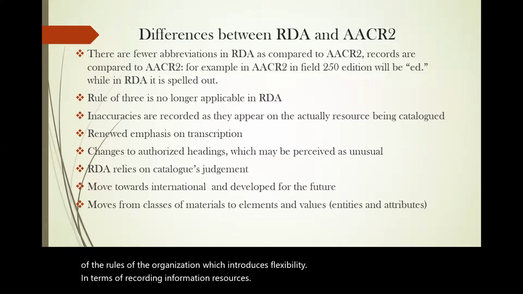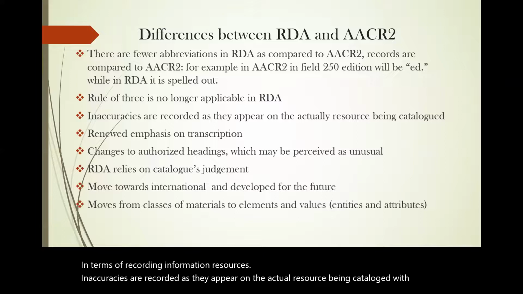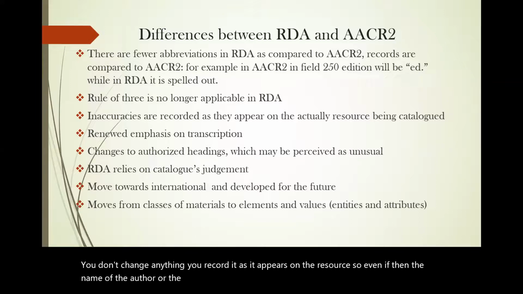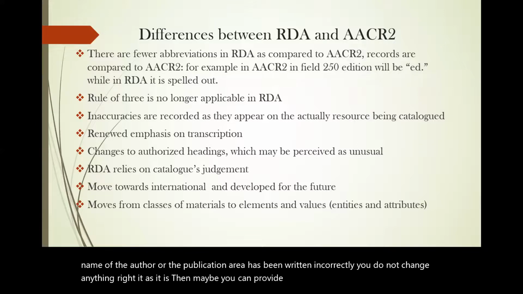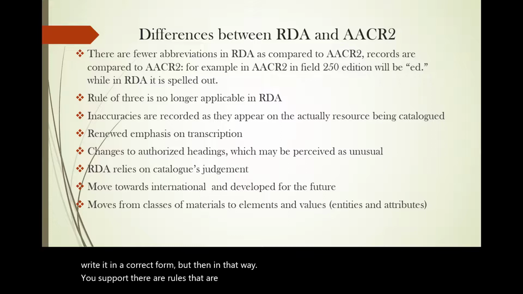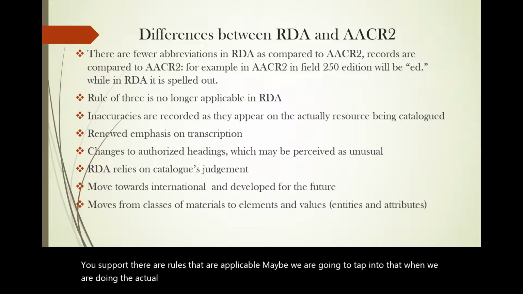Inaccuracies are recorded as they appear on the actual resource being cataloged. With RDA, you don't change anything. You record it as it appears on the resource. So even if the name of the author or the publication area has been written incorrectly, you do not change anything, write it as it is. Then maybe you can provide another access point, the same one, written in a correct form, but in that way, there are rules that are applicable. Maybe we are going to tap into that when we are doing the actual cataloging and seeing the toolkit of